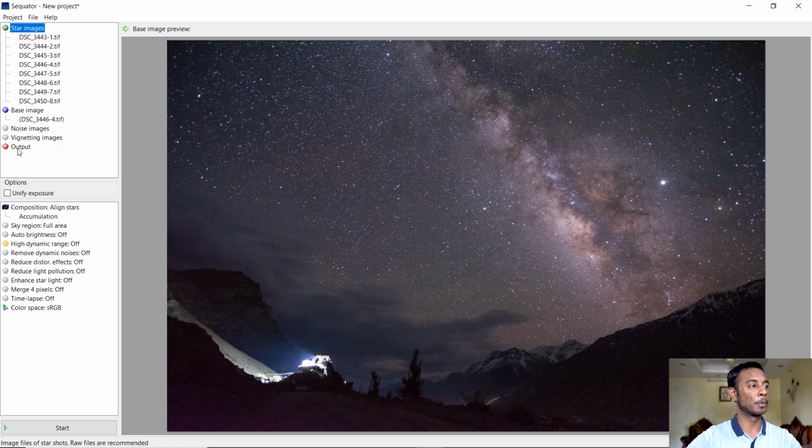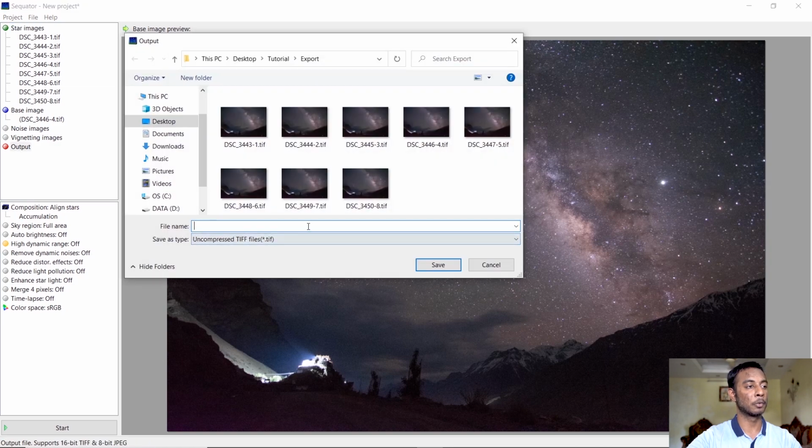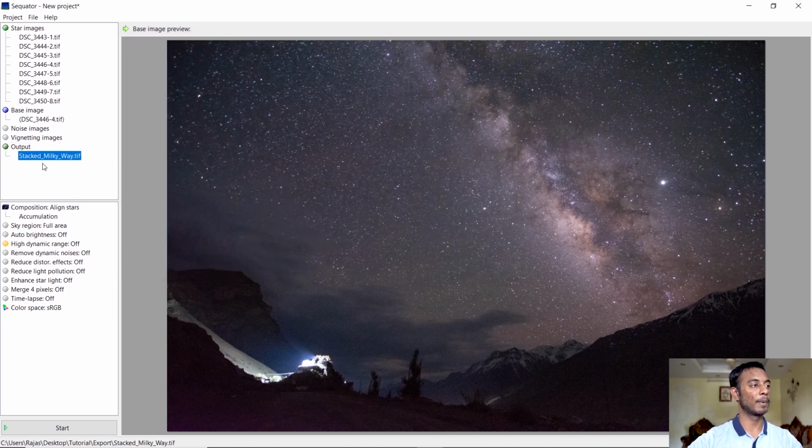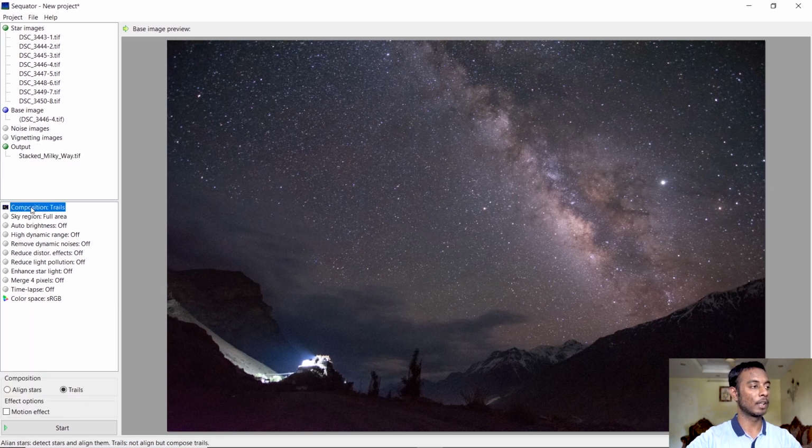Now this is output. We have to double click and give an output file. So I'll just name it as stacked Milky Way and click on save. So I have selected my output file here, and in this part I'll double click on this and